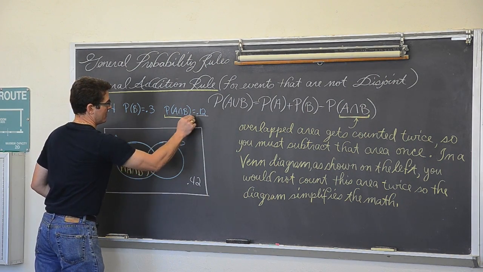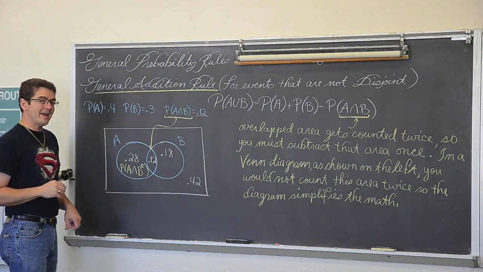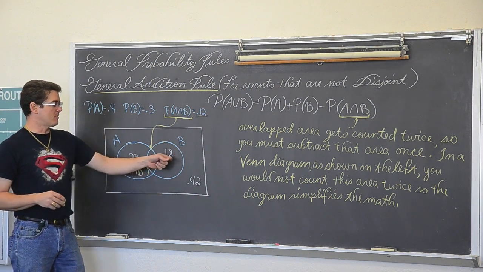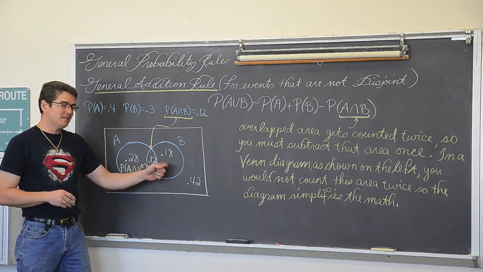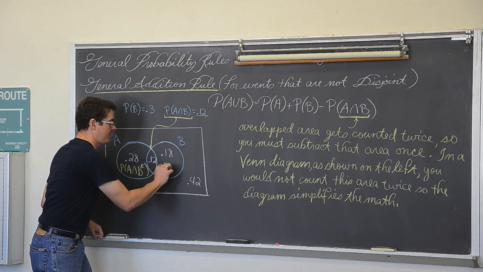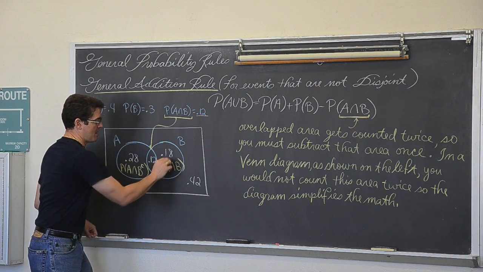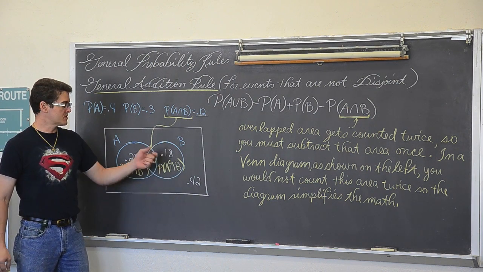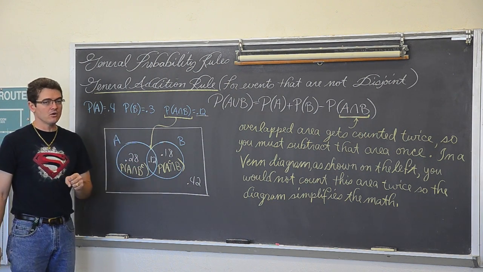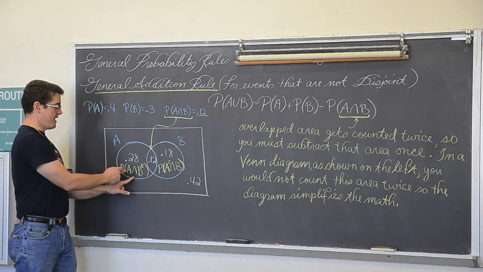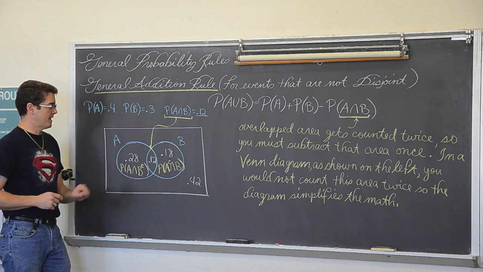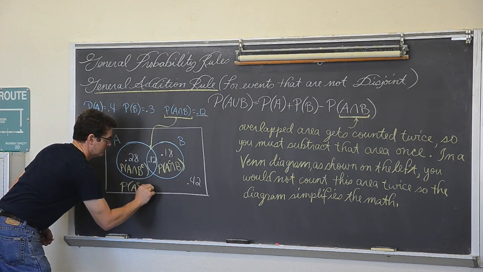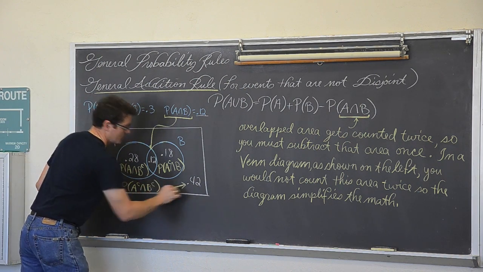This, as already noted, the overlapped area is the probability of A and B. Over in this circle, the 18%, probability, that's B occurring and A not. So that notation will be the probability of A complement and B. Whoops, I forgot the complement on A. This is the probability of not A and B. So what's the probability of B occurring without A occurring? 18%. What's the probability of A occurring and not B occurring? 28%. What's the probability of neither one of them occurring? Well, that's 42%.